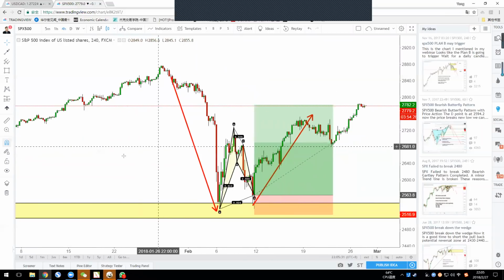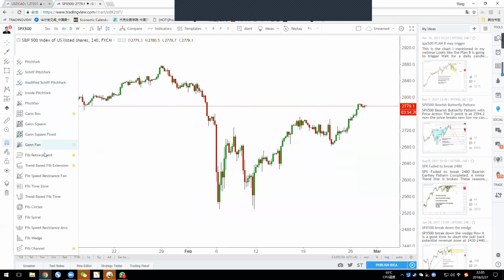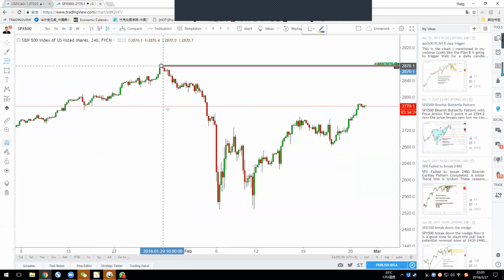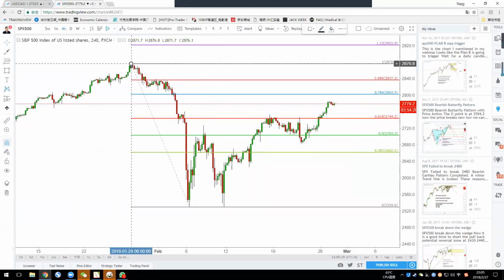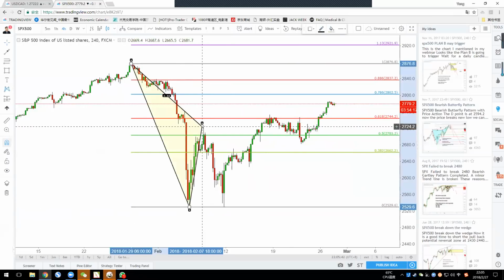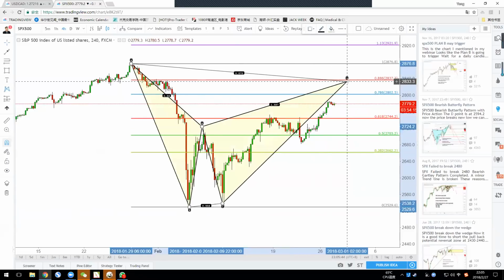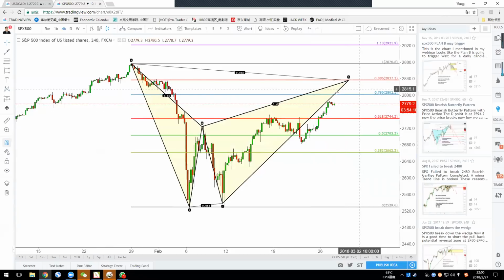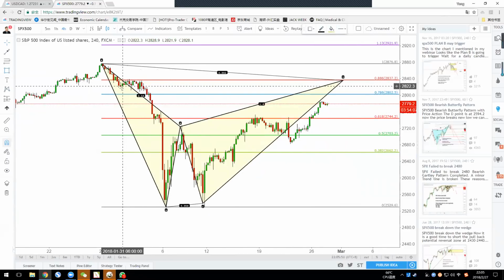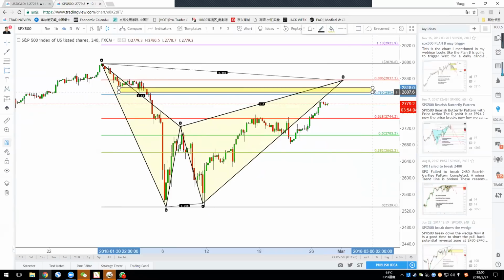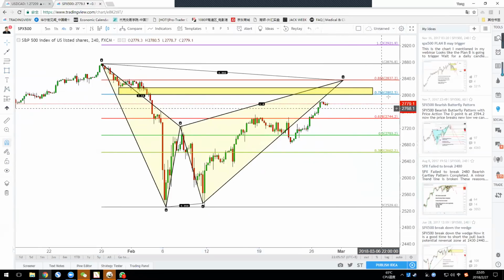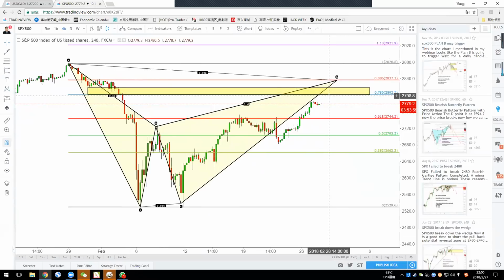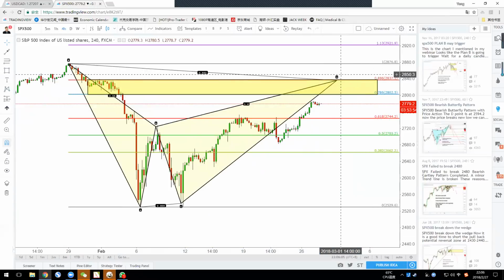And look at the bearish one. The bearish one is here. It actually tells you that the S&P is better to short from 2837. You just wait patiently at this place and look left. There's structure here. So when the price comes to 2800, you should already be able to establish your trade. Sell the S&P from this zone. Combine the structure and the harmonic patterns together.